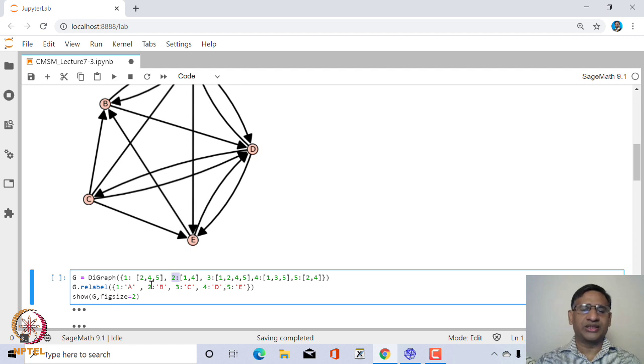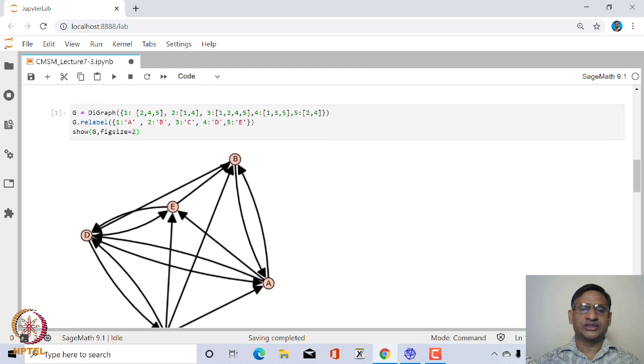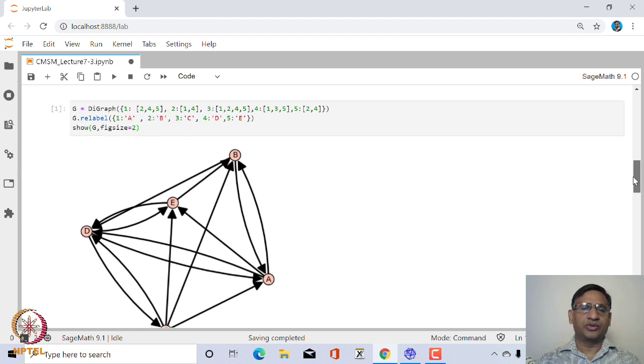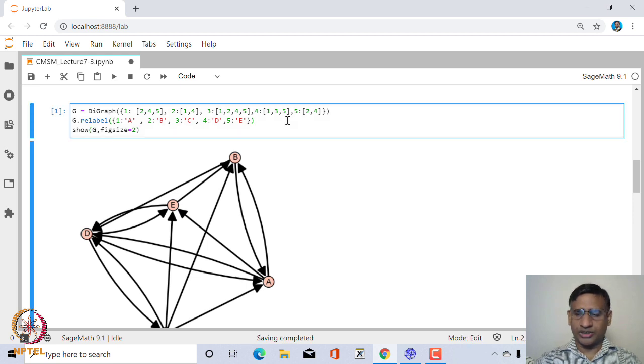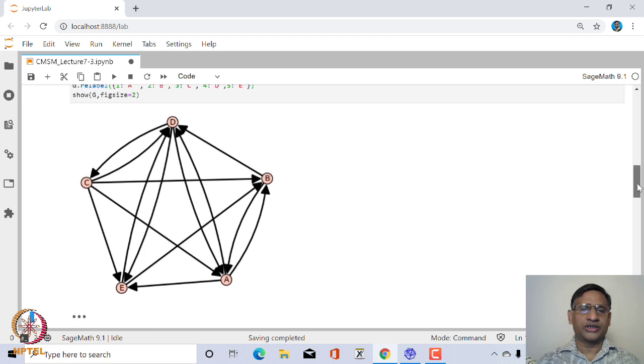and you can relabel these nodes as A, B, C, D, E. That is what we have. If you do not relabel, it will give you by default labels as 1, 2, 3, 4, 5. So, let us run this and you will see a network. This graph is plotted randomly, so the position of each node and the arrow may differ when you do this. For example, if I run this again, this may be slightly different from what you got earlier.